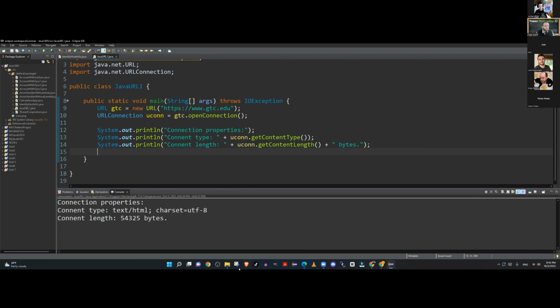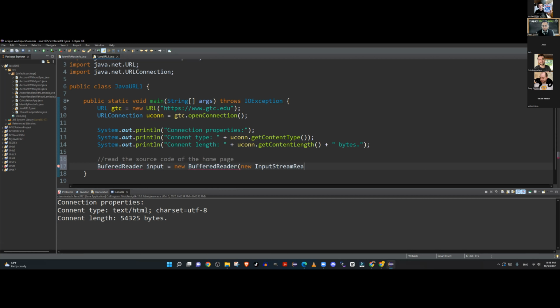Okay, cool. Now let's move on to the next step here. You know what I want to do? I want to read the source code of the homepage of Gateway. Will be cool, right? Being able to read the entire source code and bring it into my application. Buffered reader. So I want to be able to buffer the incoming data. New buffered reader. Okay, new